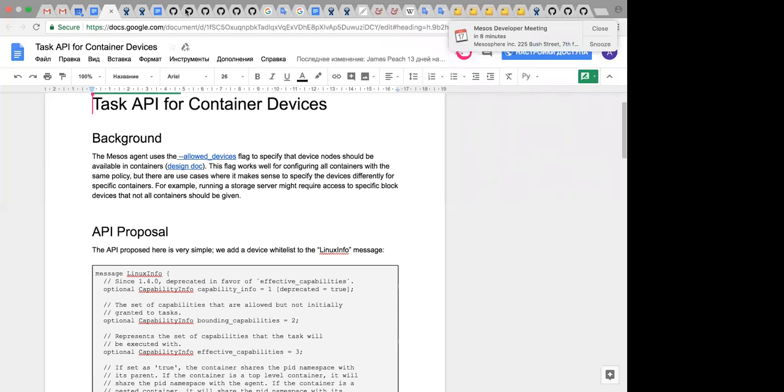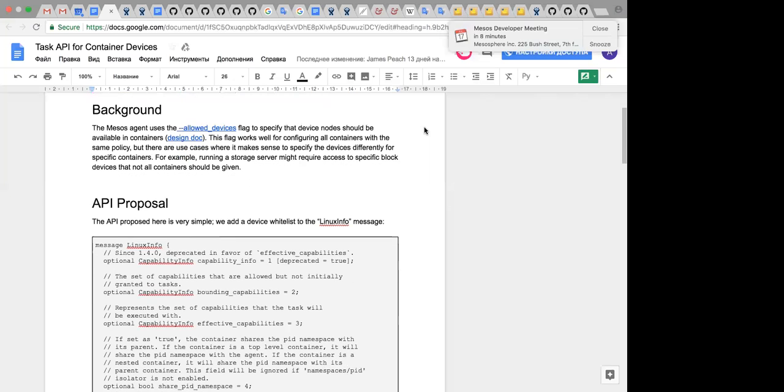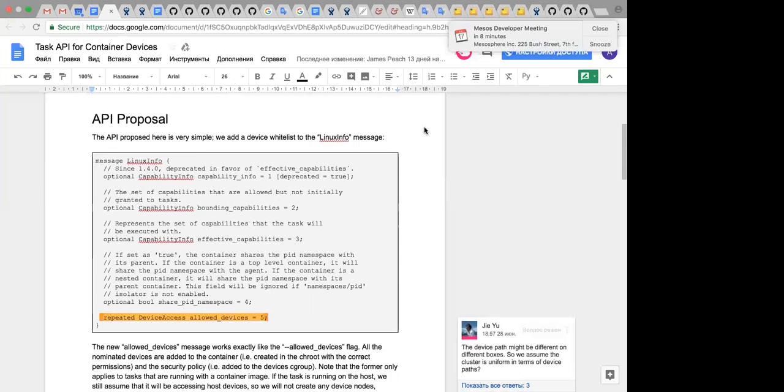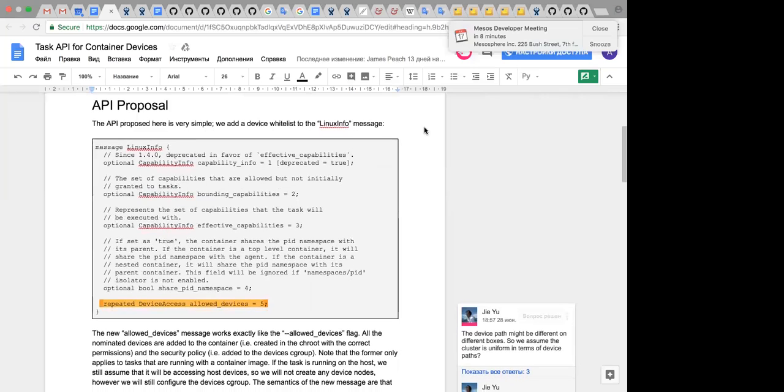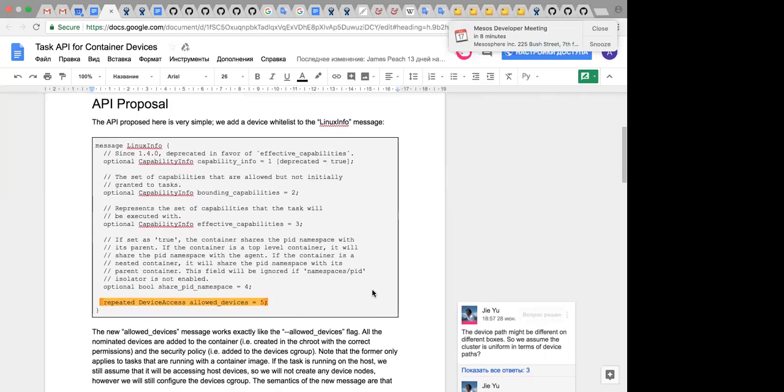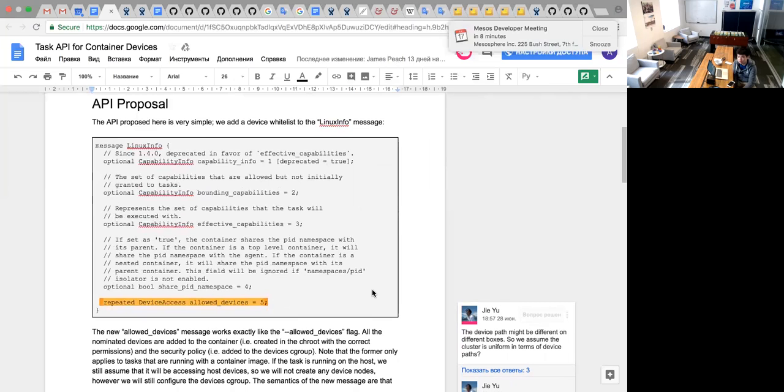So we're just reusing the device whitelist message to go into Linux info, and that triggers the devices isolator. I think the only main issue that we probably would like to discuss is the 1G raises about how do you know devices are actually there, and